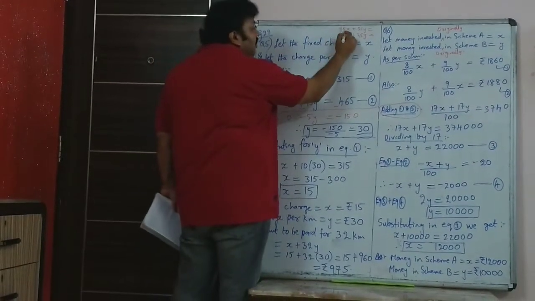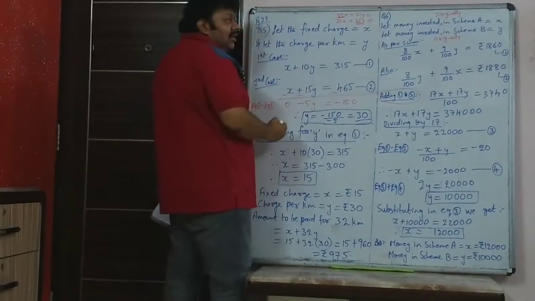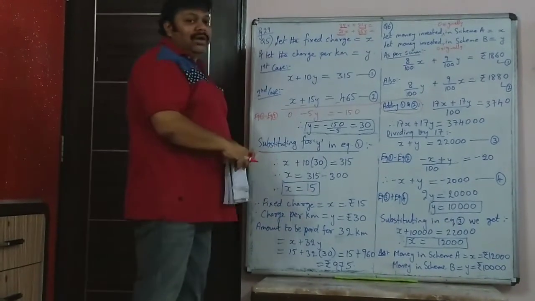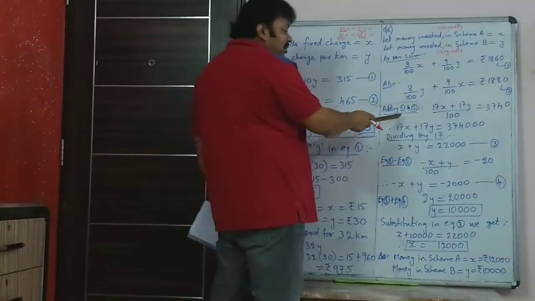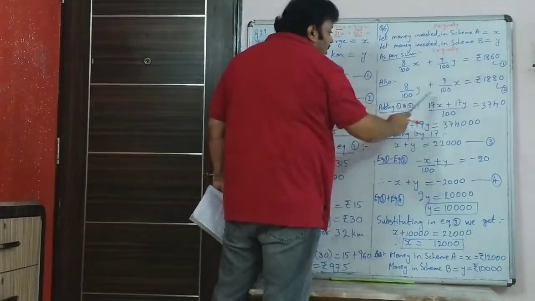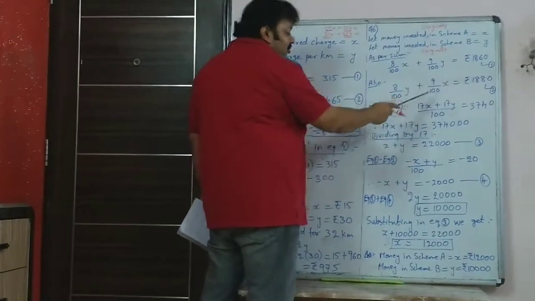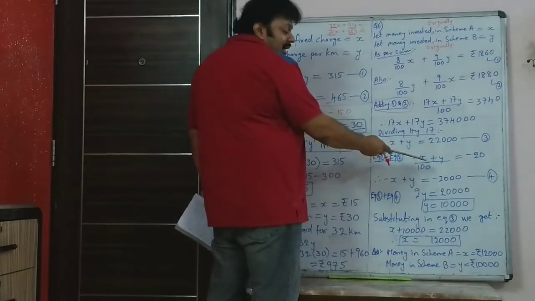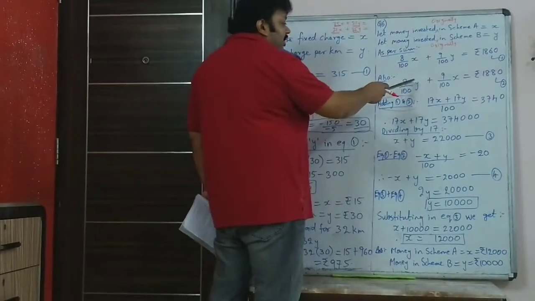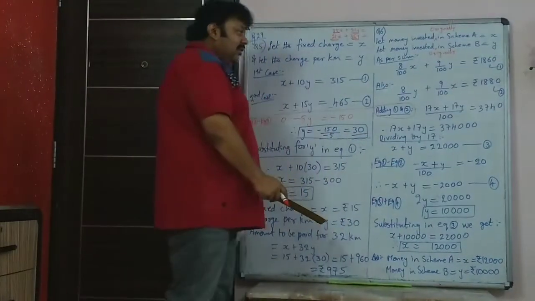Here what is different? Here it was 35 with x, here it is 35 with y. Here it is 21 with x, here it is 21 with y. So when such sums come, remember first add the two and then do equation 1 minus equation 2. So 8x minus 9x will become minus x. Minus 1x can be written as minus x. And 9y minus 8y will be 1y, so that will be plus y.